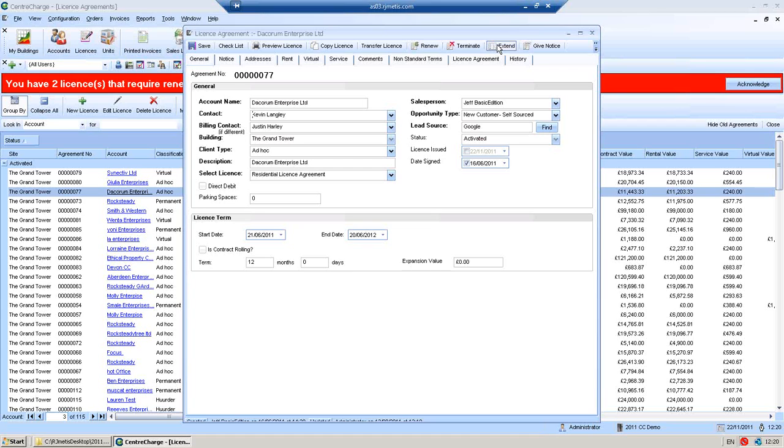So when a client gives you notice, you can use this option here, which will change the status of the license to let you know that we've activated given notice, so that the client has actually given notice on their agreement and is intending to move out. And then terminate